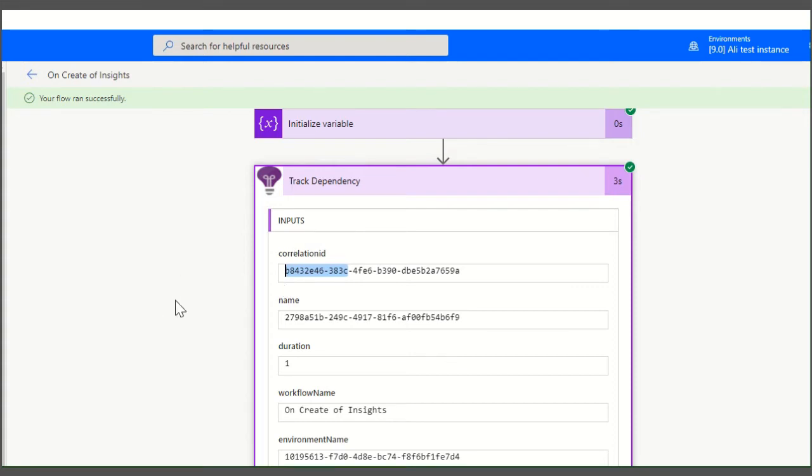So in this case, what my demo has showed is that I've kicked off a request. I've had a flow that has created a record in CDS. I've had a flow that is registered to perform some additional actions on create of a record in CDS. So to tie it all together, so we can analyze, we can pull up our